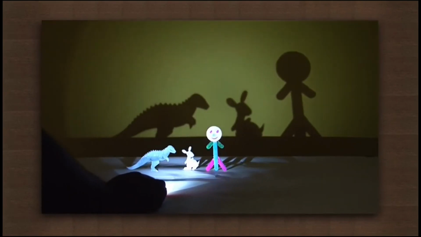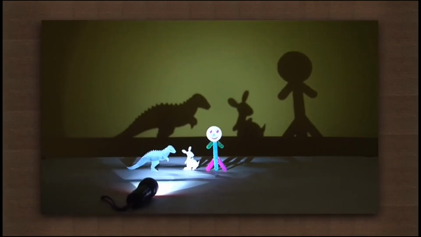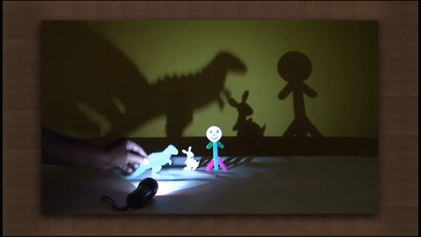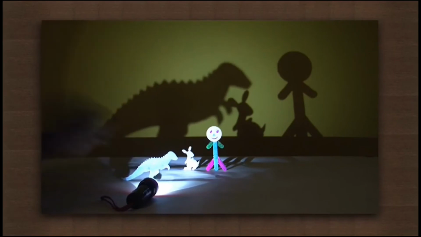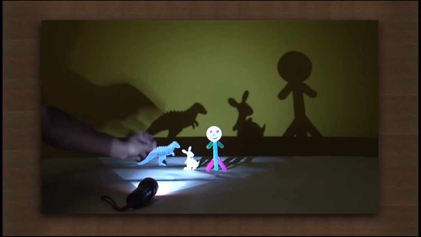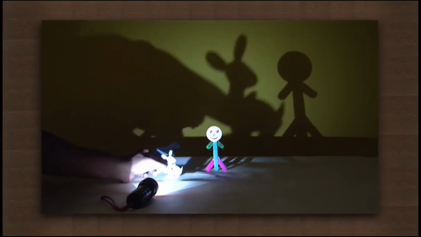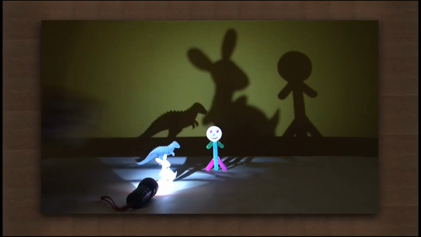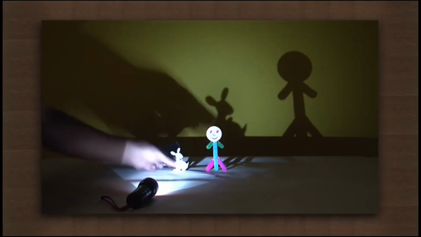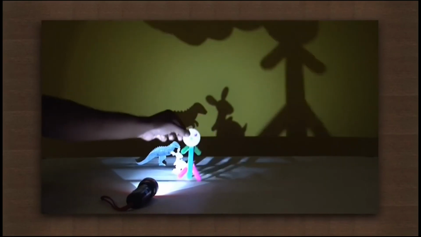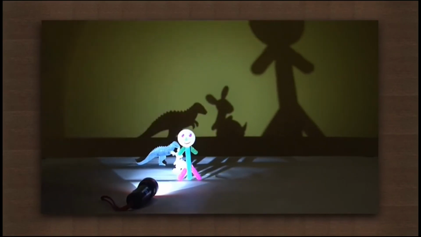What do you see? You see the shadows of the three objects on the wall. Now let's pick the first object and move it towards the light. What do you see? You see that the shadow increases in size. Let's pick the second object and move it towards the light. The shadow also increases in size. Now when we pick the last object and move it towards the source of light, the shadow also increases in